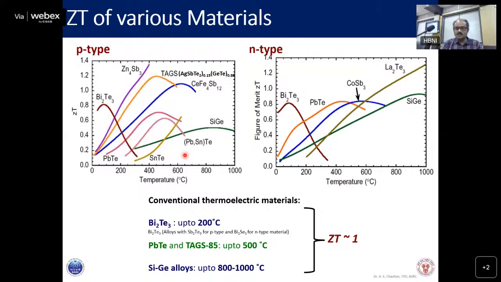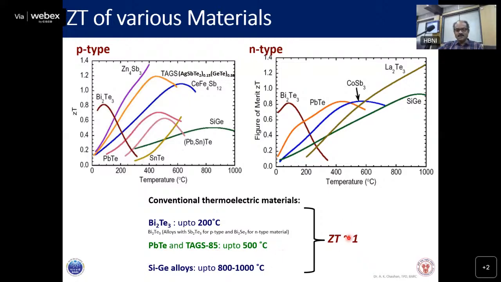Usually the thermoelectric devices are optimized after doing a lot of experiments for 3 different temperature ranges: small temperature range, mid temperature range, and high temperature range, where the temperature differences or operating temperatures are higher. Normally, bismuth telluride kind of materials are used up to the temperature of 200 degrees centigrade. When the temperature goes higher, PBT and TAGS are used up to 500 degrees centigrade, where